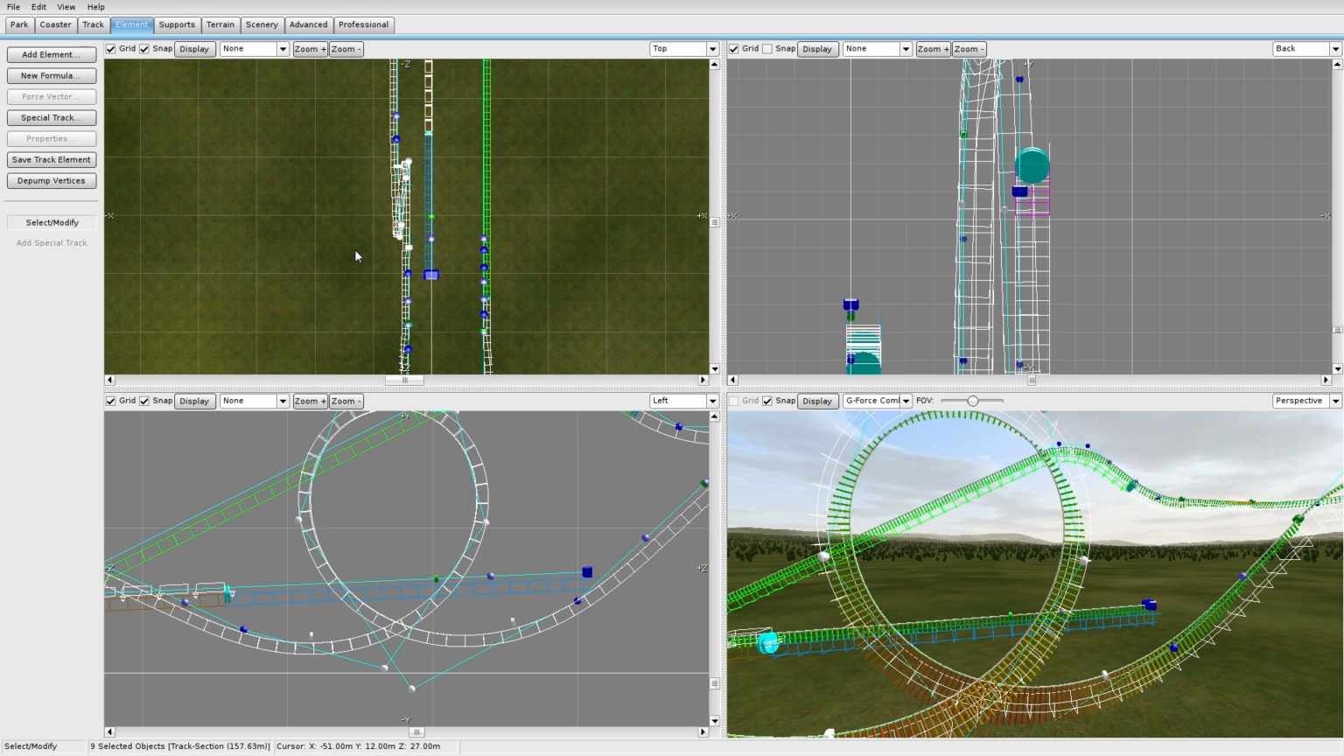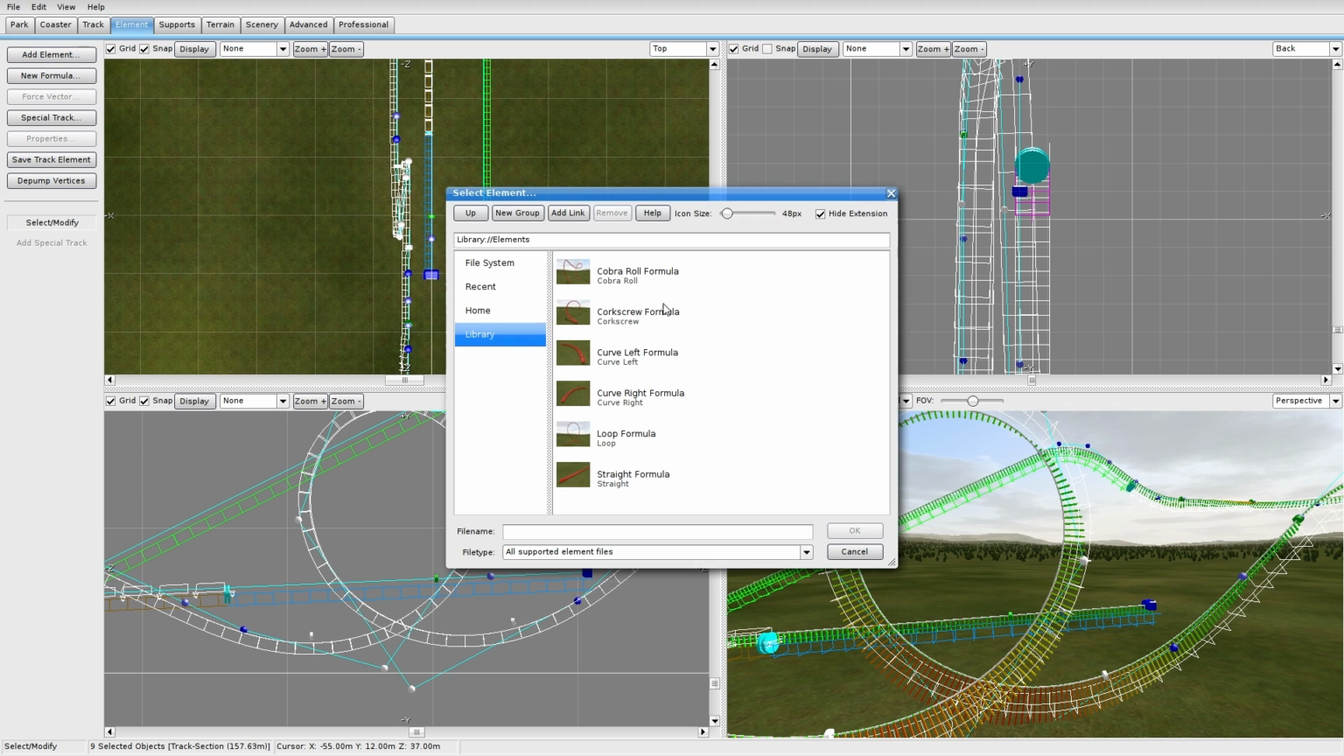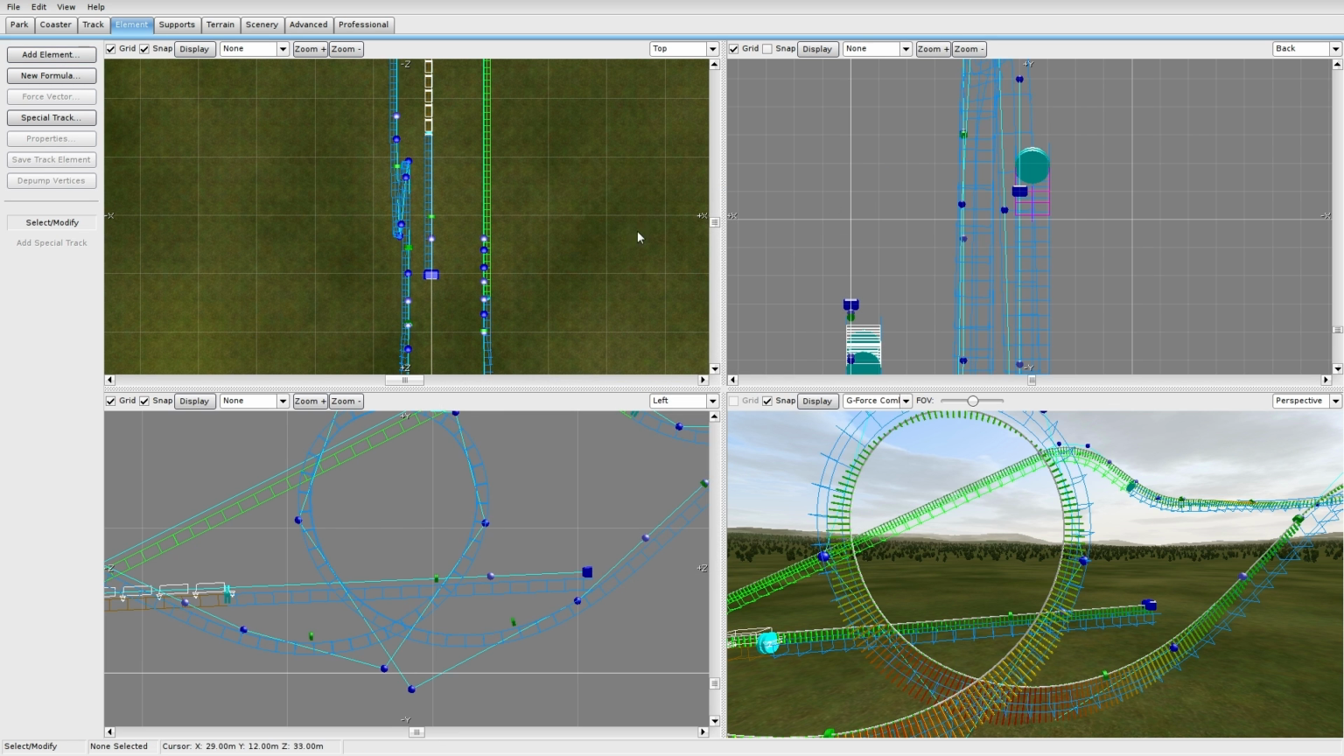Now, another thing that you can do, because this is NoLimits, is you can go under Element and add element. You can do all of this, but I personally like to make my own elements because, for one, they look better, and for two,